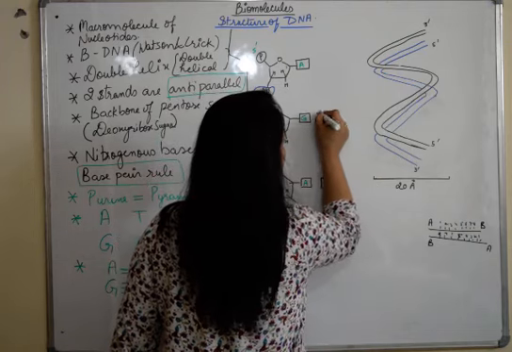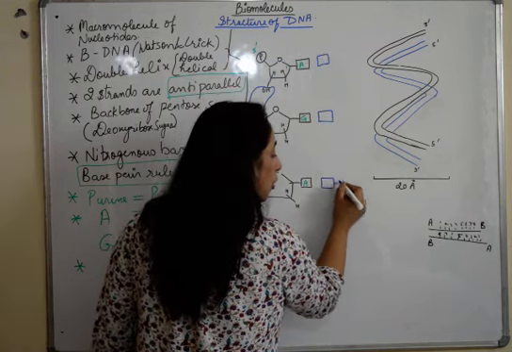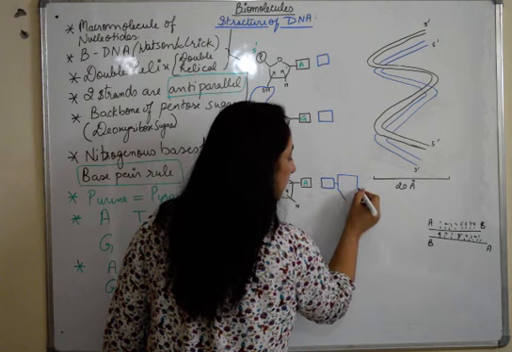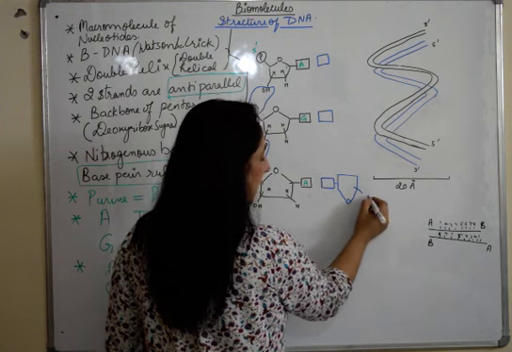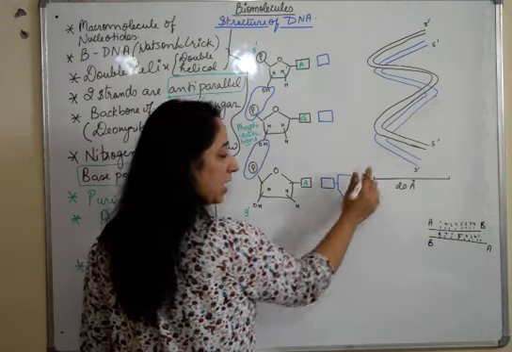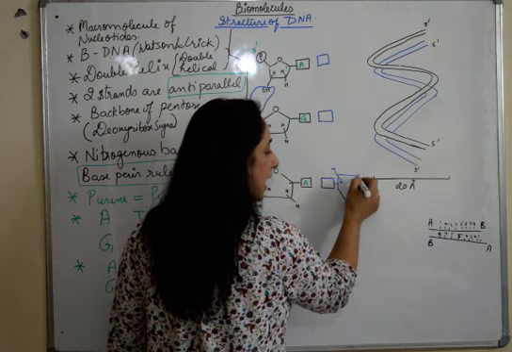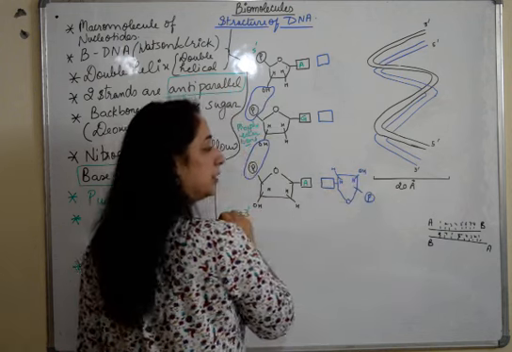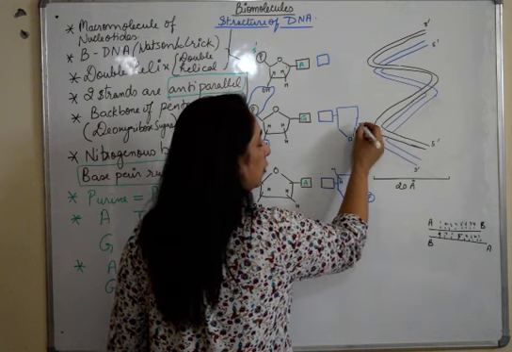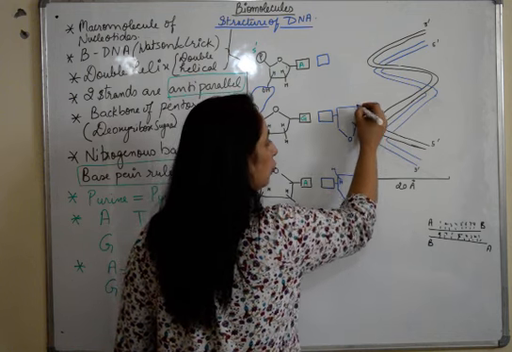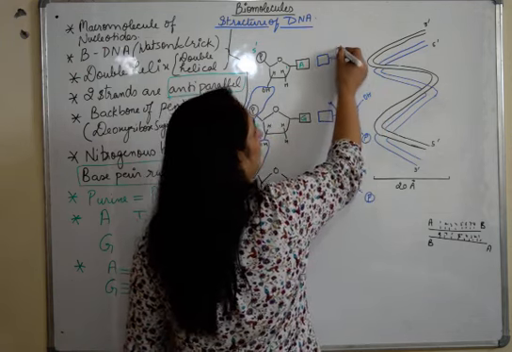First I'll make the nitrogenous bases here so that it's easy for us to make the diagram. Now make the sugar molecule here. Fine. And here at this carbon we have the phosphate group. This is the last carbon, the fifth carbon, and here we have our H and OH, H and H here, and in this we have OH and H. Same arrangement here, the sugar again. So what do we see here? We have the phosphate group, here we have the OH, H and H and H, again the sugar molecule.